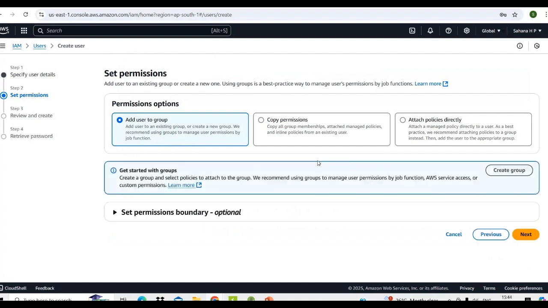So the first step is we specify the user details. The next step is permission options. Add user to existing groups or create a new one. Using groups is a best practice way to manage your permissions by job functions. There are 3